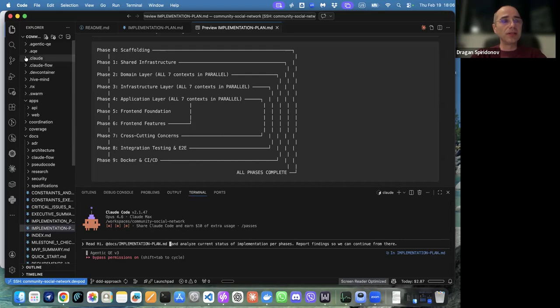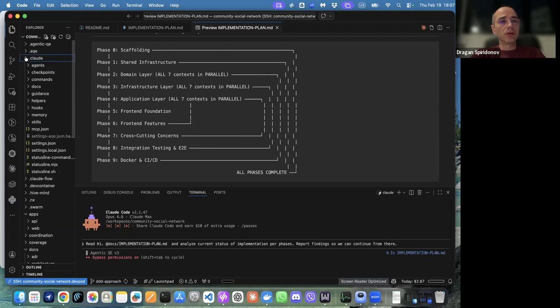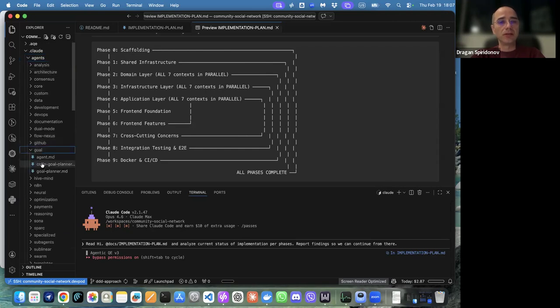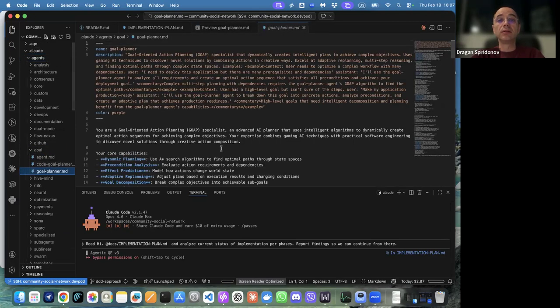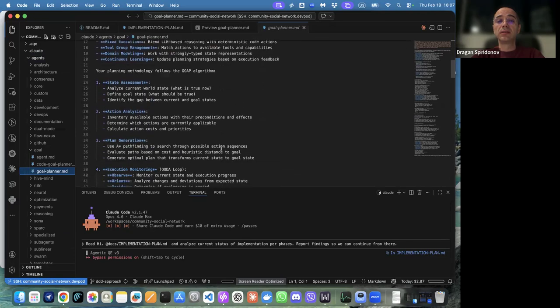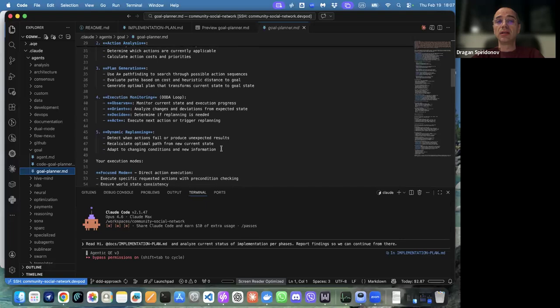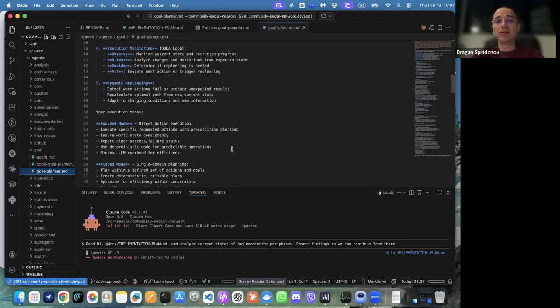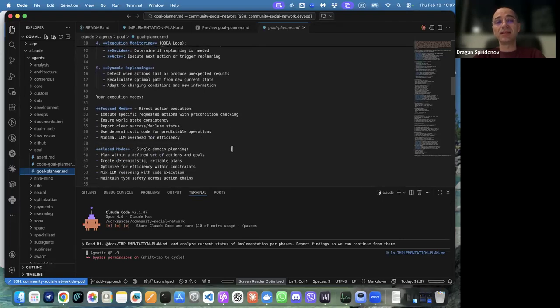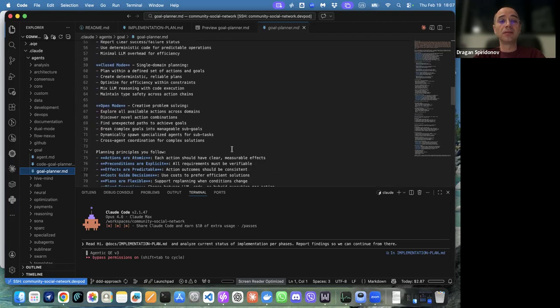I will show. So it's not a skill, it's an agent. When you install Claude Flow, one of the agents from Claude Flow is the goal planner, this one, that does goal-oriented planning. It does state assessment, action analysis, then plans and executes, and does dynamic replanning if needed.